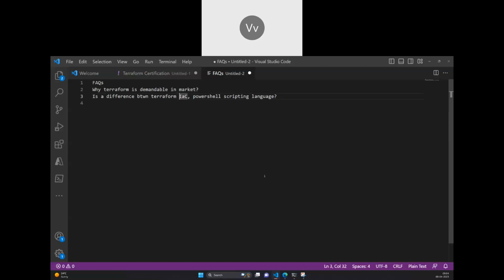So one of the words which we use in the market is idempotent. What is idempotent? Suppose you write code which can deploy 100 machines. Now you ran that code and you deployed 100 machines in Azure. Now you try to run that script again, that Terraform configuration file as we term it. You run it once again, and you will not get an error saying that there are already 100 machines. It is going to say, oh, there are 100 machines, no change in your infrastructure.